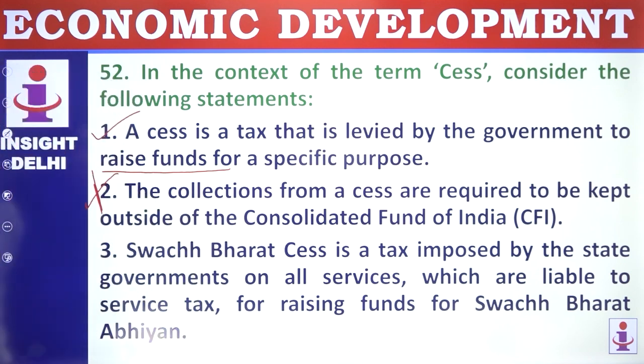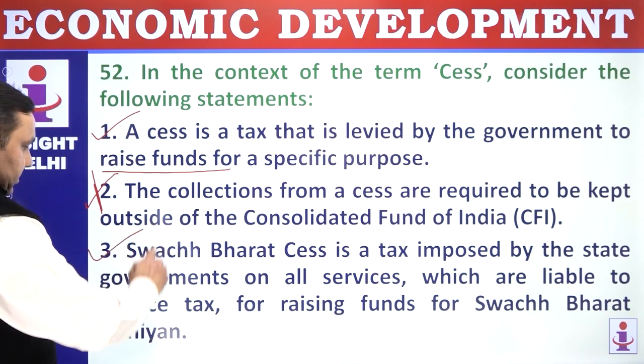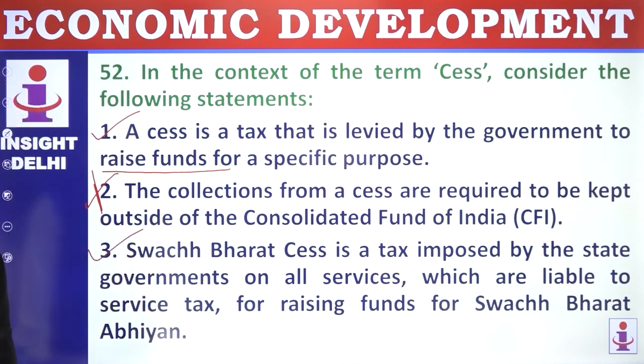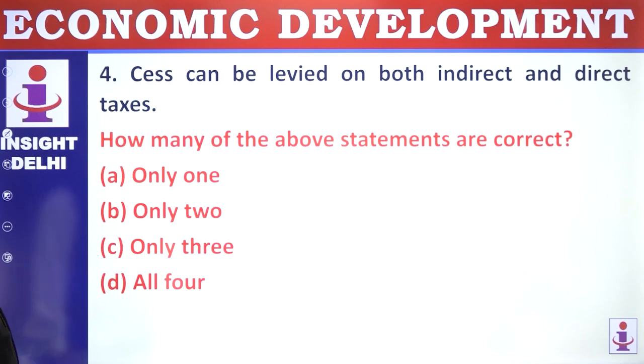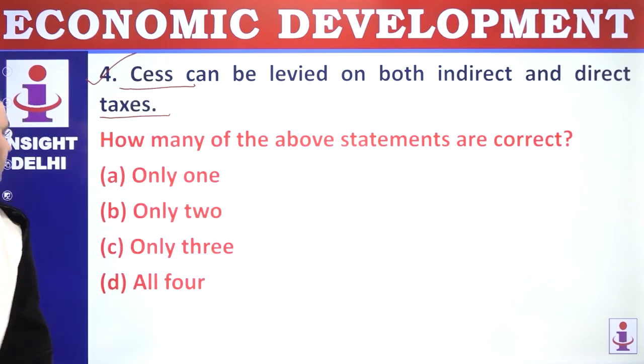Swachh Bharat cess is a tax imposed by the central government on all services which are liable to service tax for the Swachh Bharat Abhiyan. That's correct. Cess can be levied on both direct and indirect taxes. Cess is a tax on a tax. Only